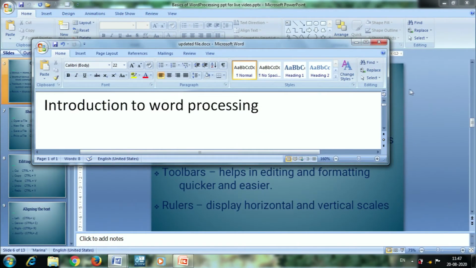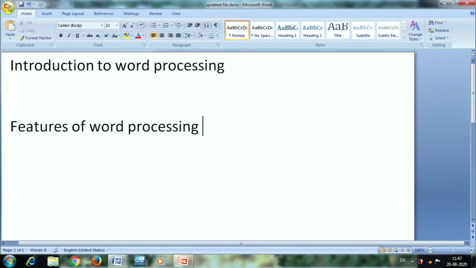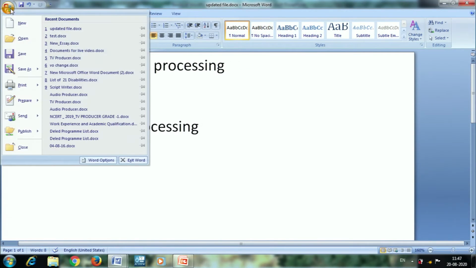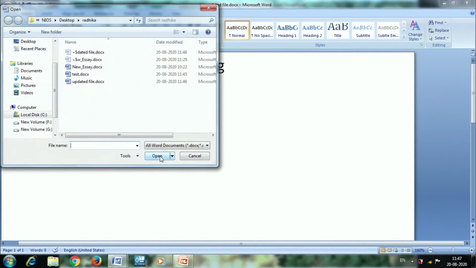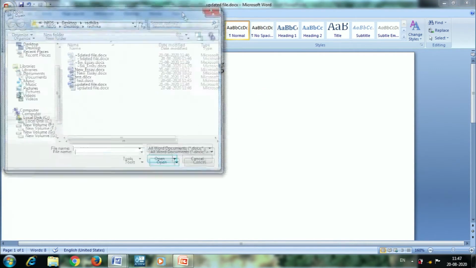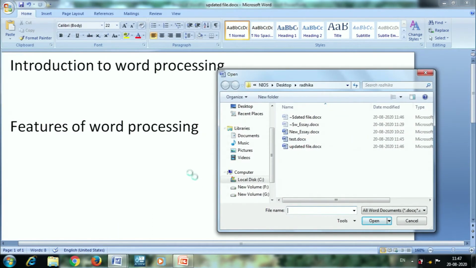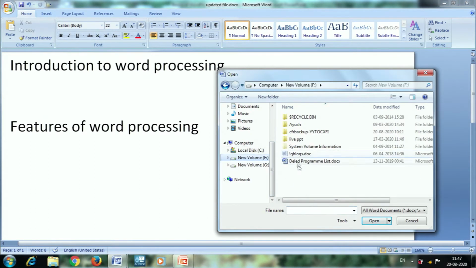So, you can see here I am having the updated file. If I want to open the existing file, I have to click on the office button. From the office button, I have to click the option open. If I click open, then the open dialog box will appear. Since we are working in the same folder, same drive, it is showing the same path. If I want to open files other than the files available in the Radhika folder,